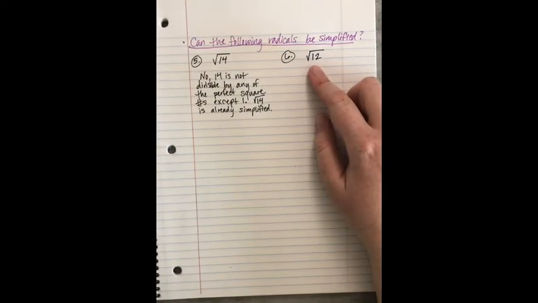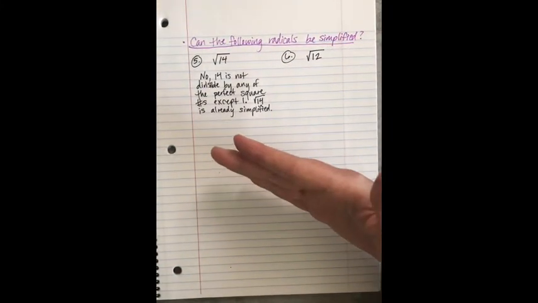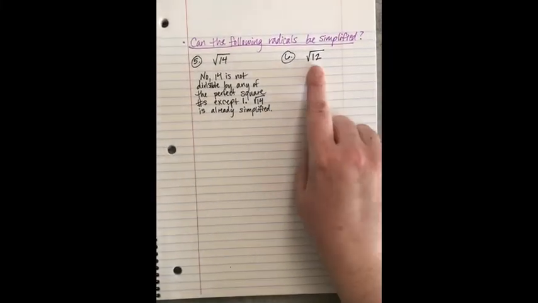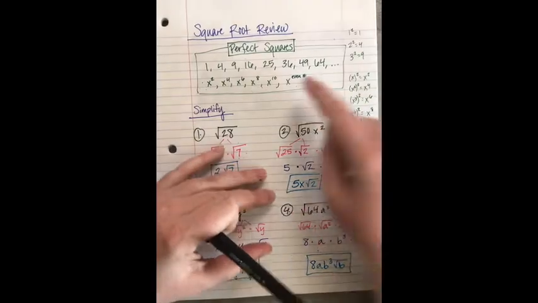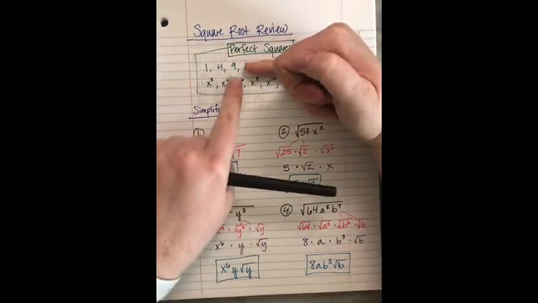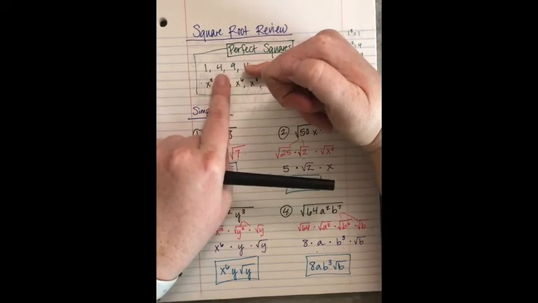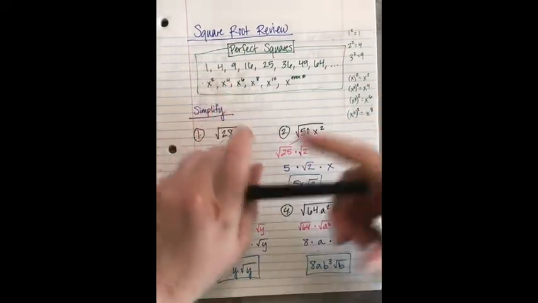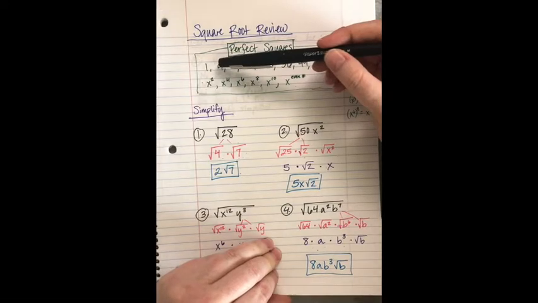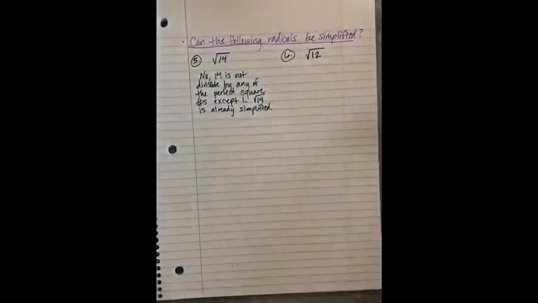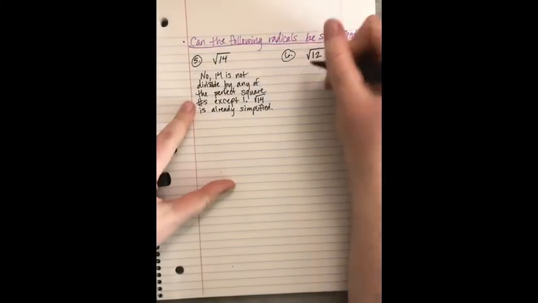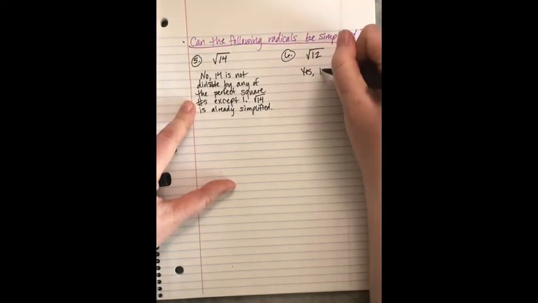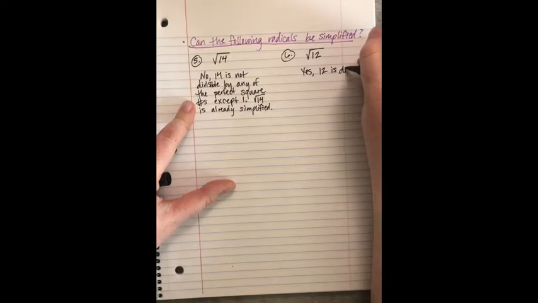So I'm either going to say yes because it's divisible by a perfect square, or I'm going to say no because it's not divisible by a perfect square. So 12, once again, I'm going to cross out the numbers higher than it. 12 divided by 9, decimal. 12 divided by 4 is 3, okay? So since it can divide by a perfect square, the answer is yes, we can simplify it. So we would say something like, yes, 12 is divisible